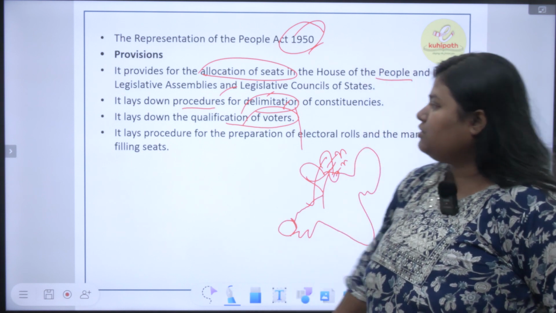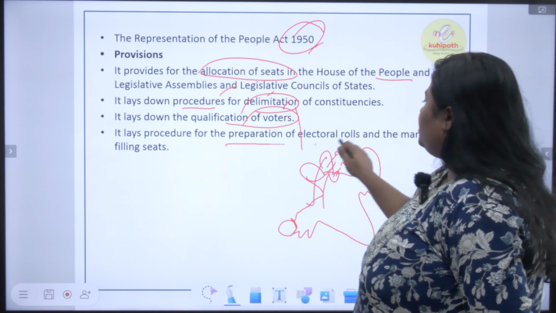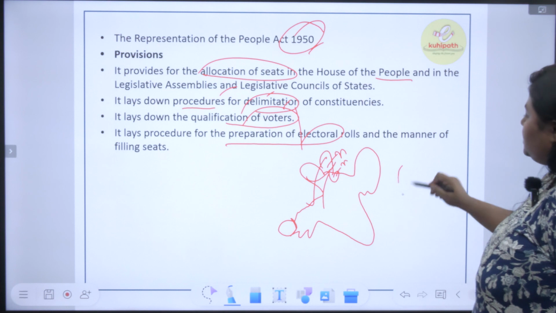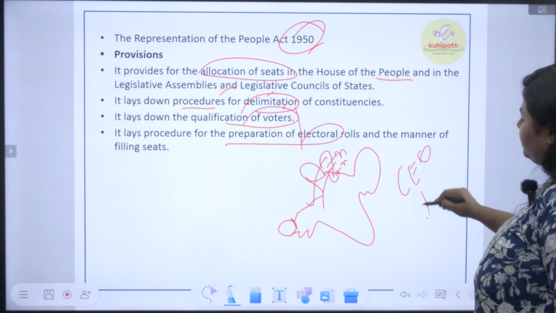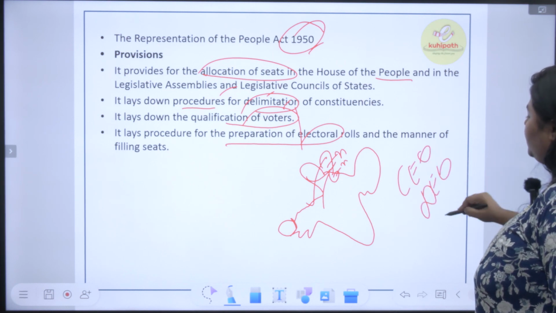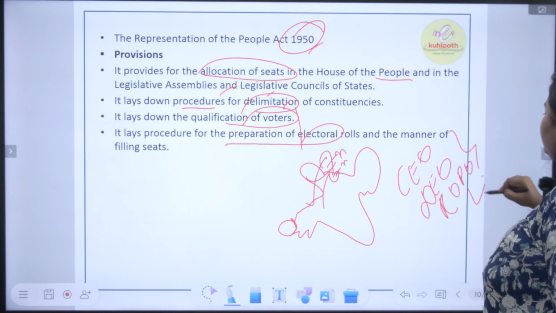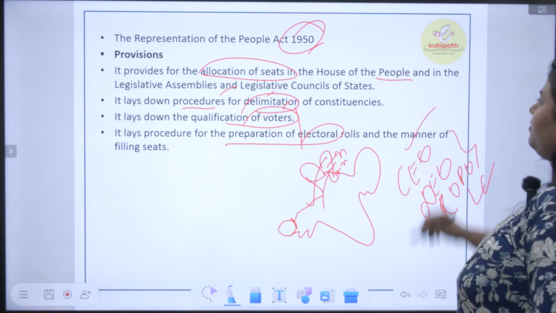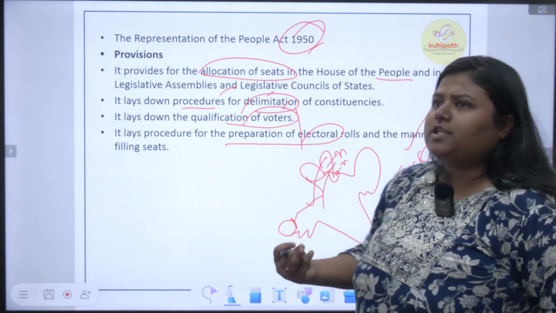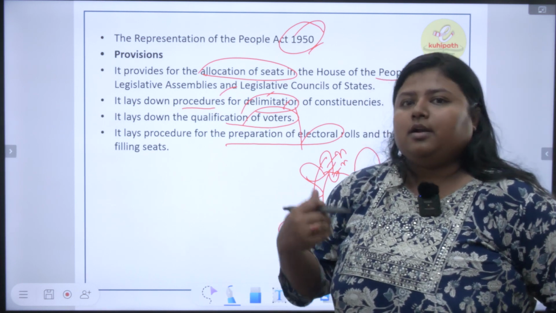We talked about this also, right? It lays down the preparation of electoral rolls. We talked about the chief electoral officer, the district election officer, the returning officer and the polling officer of the local government. Fine. So if you write these 4-5 points, it will suffice for what you know about the Representation of People's